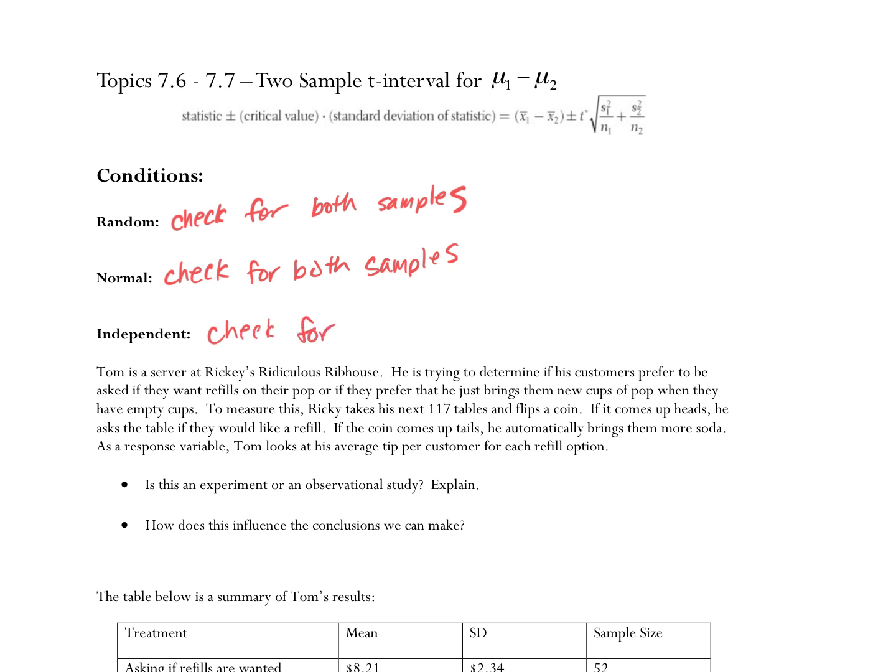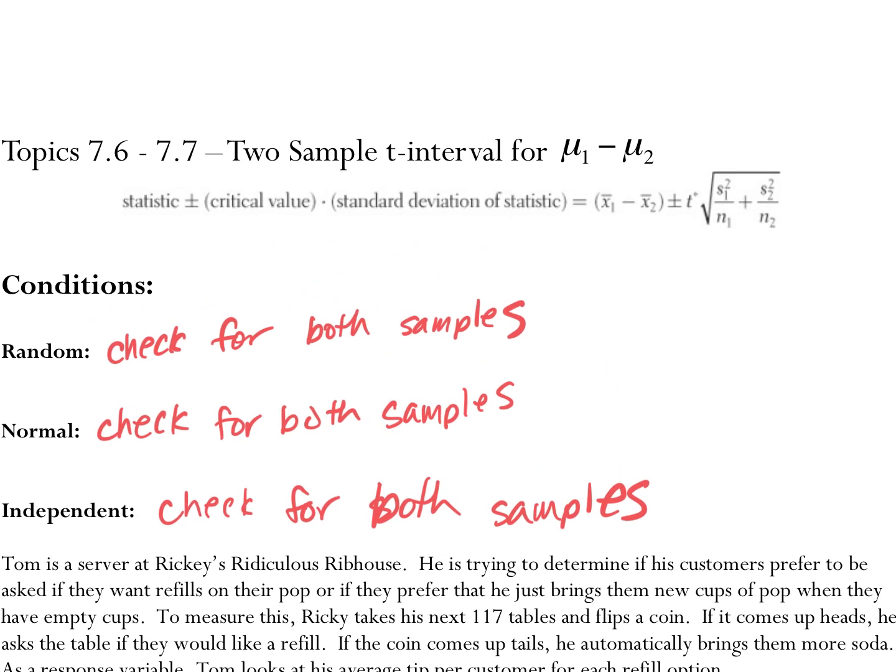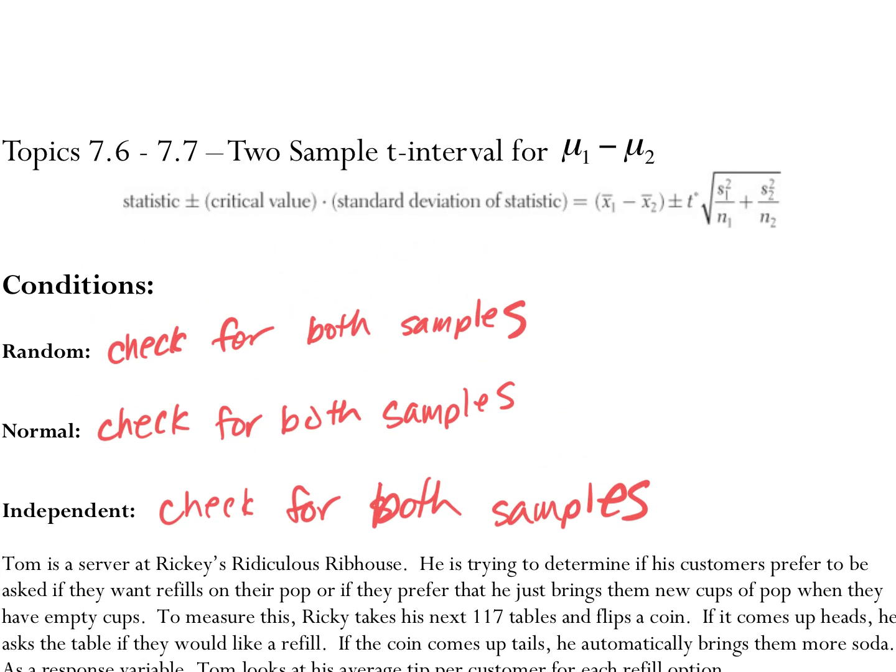So none of this should be surprising. It's very, very similar to when we did 2 sample z-tests. You're still checking all the conditions for means. You're just doing it for mu instead, right? So if we're doing a statistical estimate, our point estimate now is going to be the difference